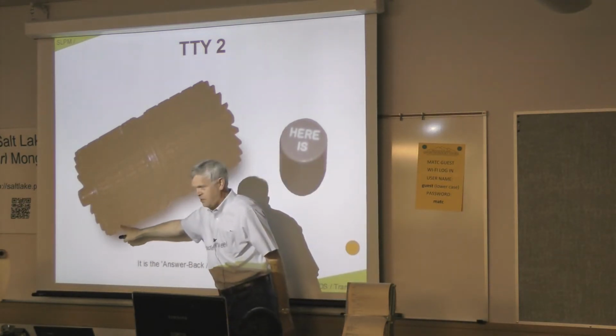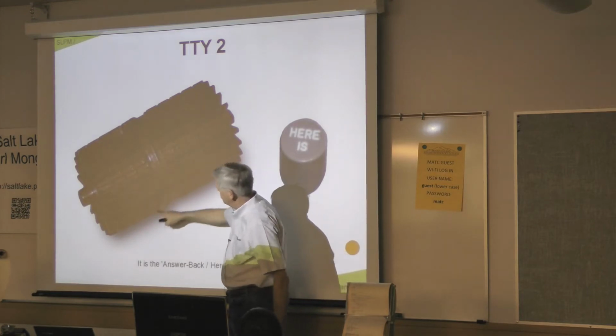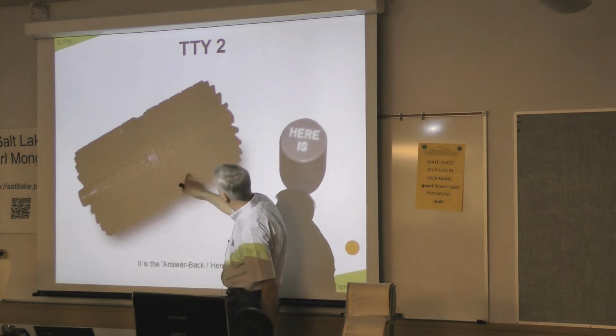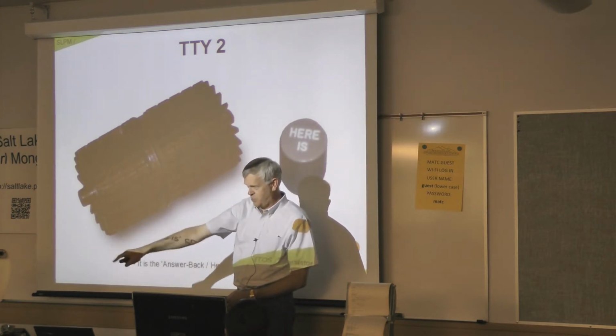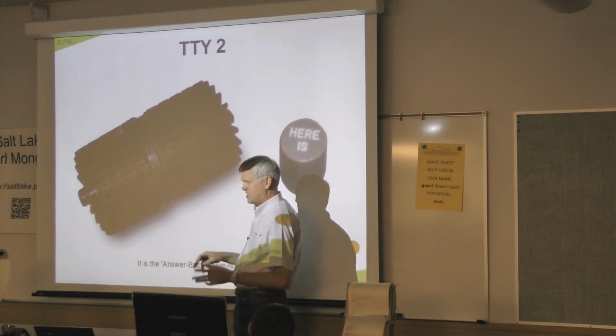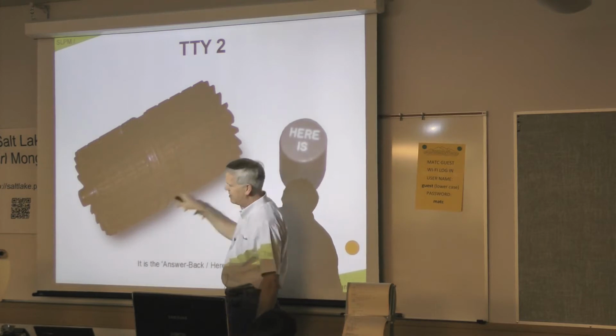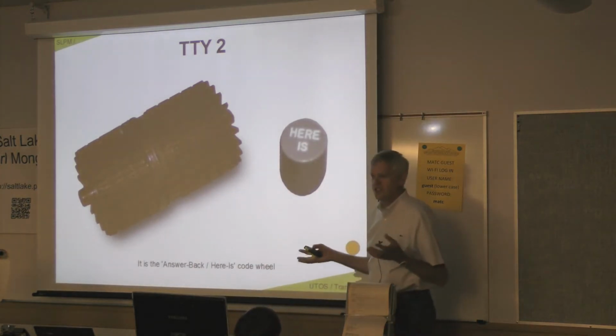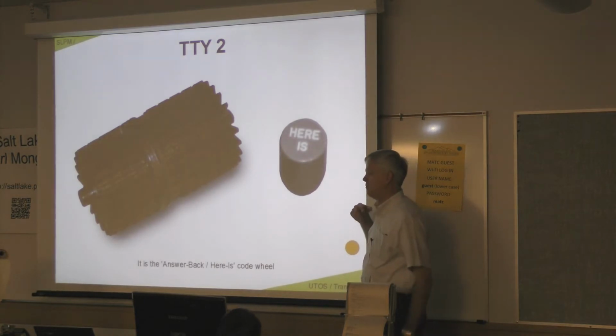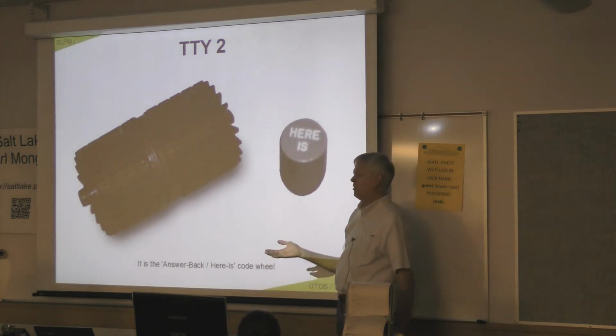And this is ASCII. You know, ASCII is 8 bits. So these pins, you knock off these various pins to do various letters. So if I've programmed it so it prints his name and his name, when he wants to sign a letter, he just presses the Here Is key, and it prints out his name. The way it was used is that there was a key called, I can't remember what it was,